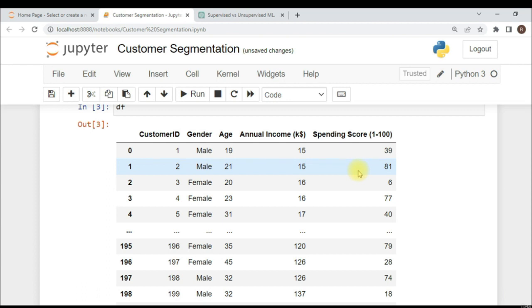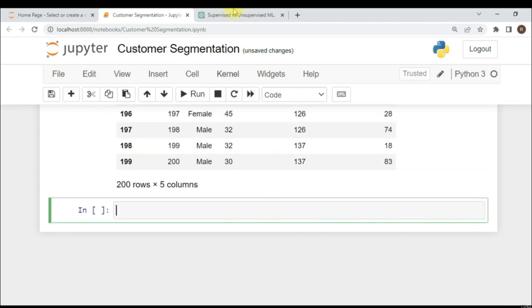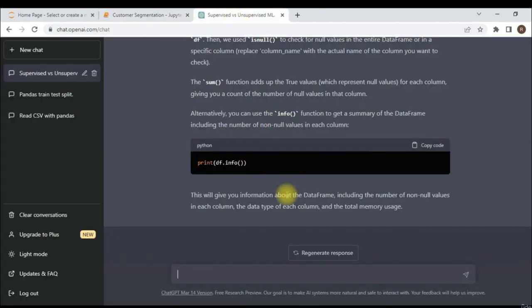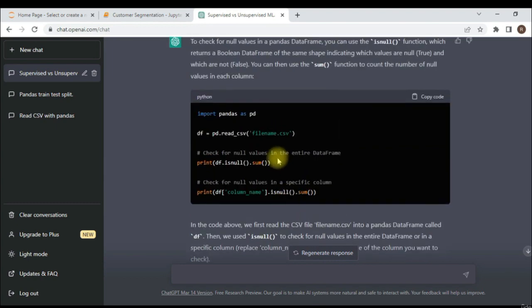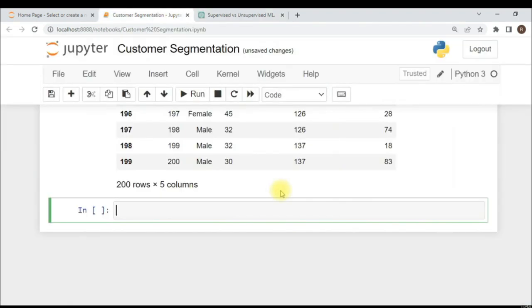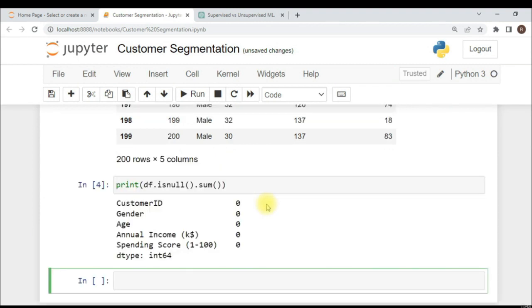So based on different categories of the consumers that the company has, it can easily target different audiences that it wants, and it can sell relevant products to them, which will eventually boost their earnings. So this is the ultimate aim of the problem that we're trying to solve. And now let me run this print df.isnull().sum, and all the rows, all the columns do not have any